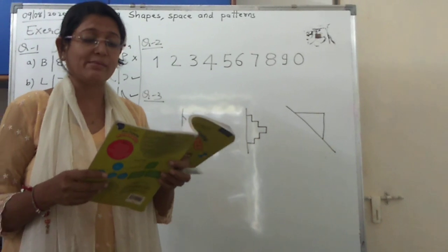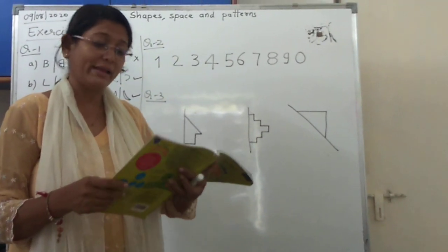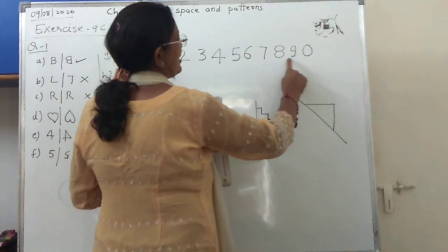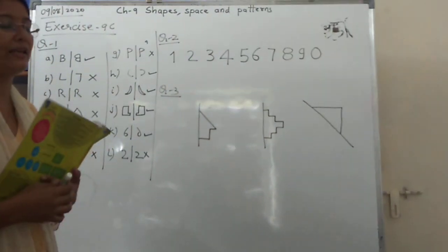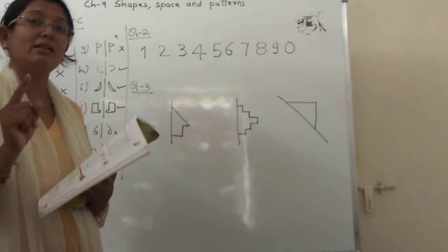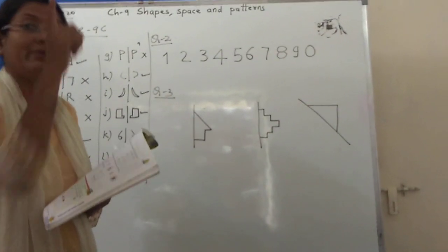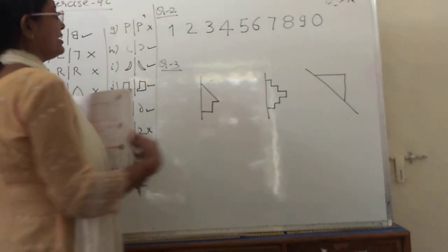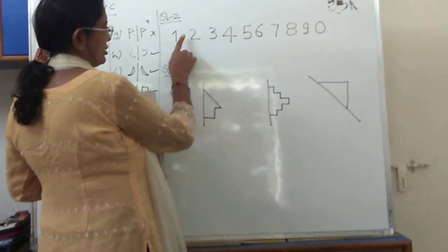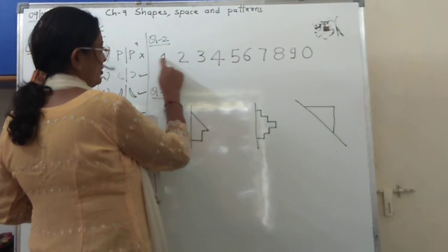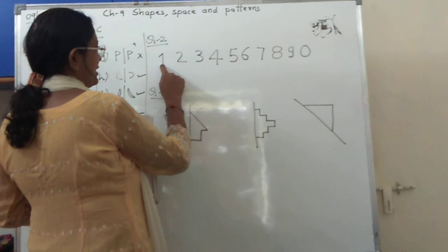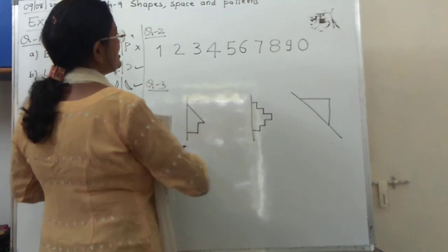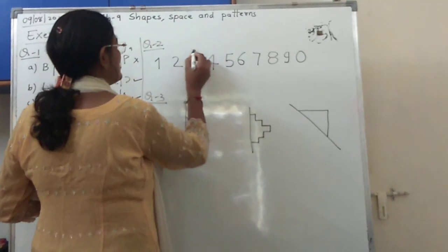Now let us do question number 2. Circle the numerals that are symmetrical. Draw the line or lines of symmetry through them. Just see here, 1, 2, 3, 4, 5, 6, 7, 8, 9 and 0 are given. You have to circle the number in which a line of symmetry is possible, or the digit which has a symmetrical shape. So see, in 1 if I draw like this, then also it will not come properly. Here also if I draw, here the tip is coming and here nothing is there, so not possible in this. In 2 also not possible. In 3, yes, it is possible. From the middle if I draw like this, it is possible, so circle this.